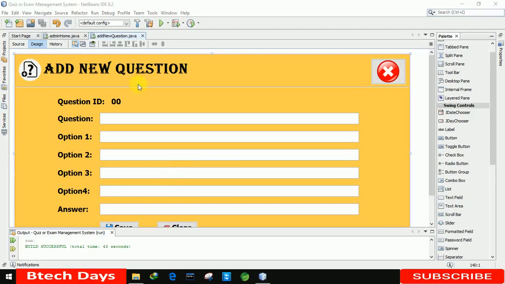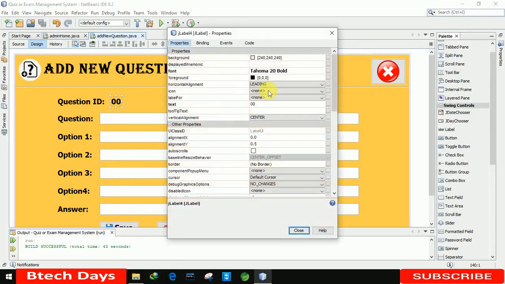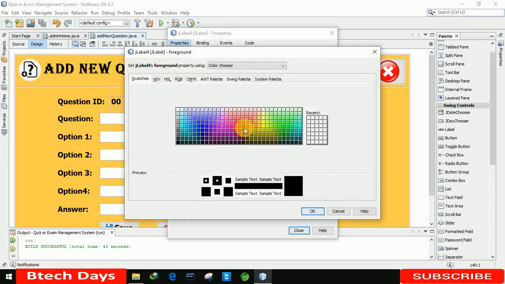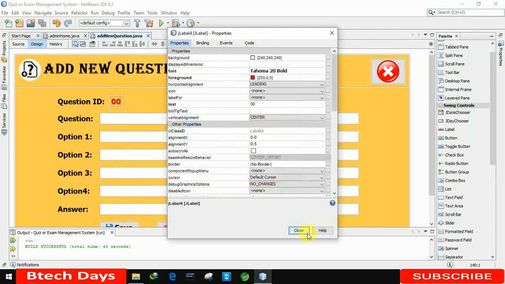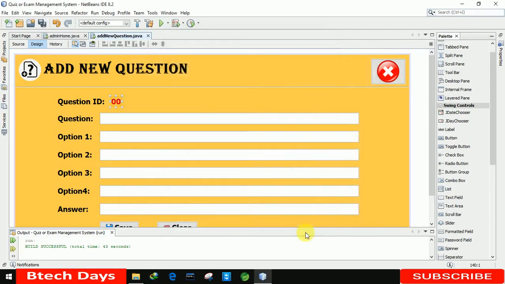Okay, one more thing, we just need to change this color. Let me make it as red. Okay, let me close this. Now our front end part has been completed. Now we are moving for the back end. So first we are going to write the codes for